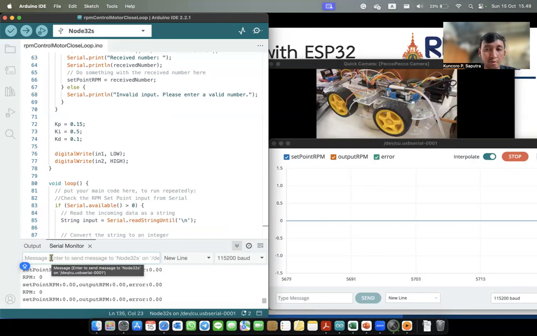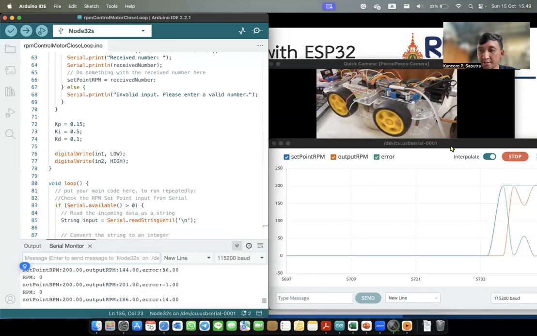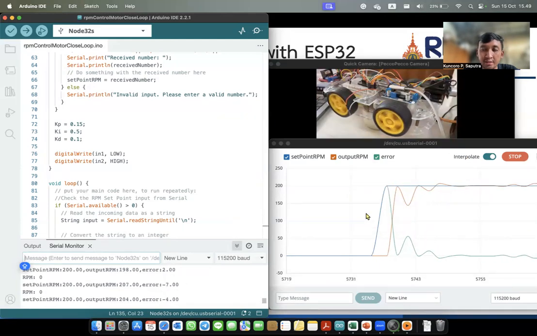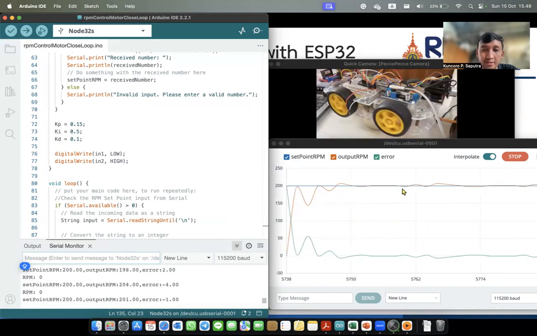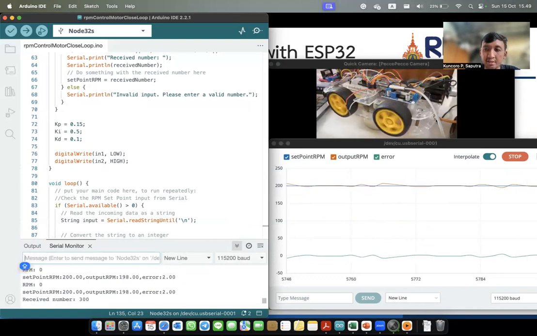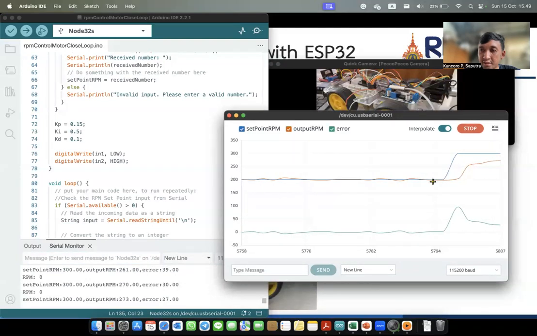For example, I want to set 200. So the motor response is like this. From 0 RPM, the motor already rotates and gets to 200 RPM with a response like this. If we want to change the RPM value, for example, I want to change to 300, we can see the motor response like this.